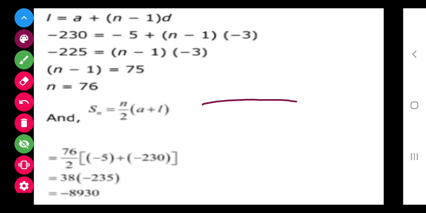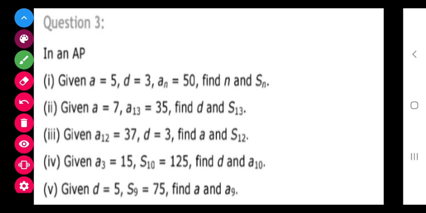Now class, I hope you all are understanding. Class, wherever you face a problem, you can ask. Now class, third question, a very important question. In this you will learn all the parts of the AP. If something is given and other things are to be determined, these are all 10. These questions include different types of questions. One thing is given and another thing we have to find out.